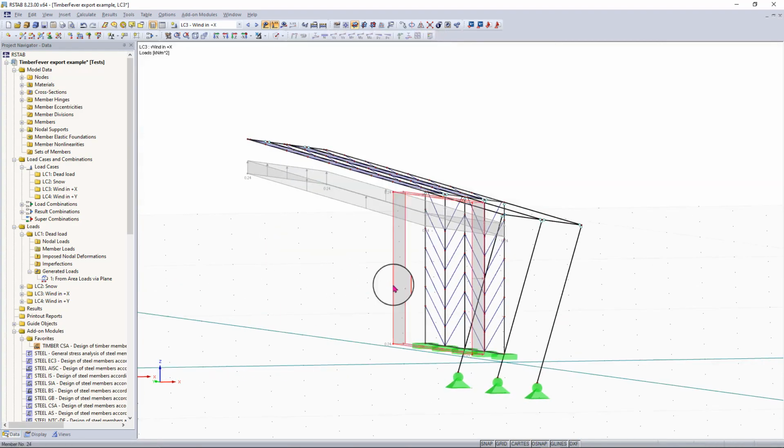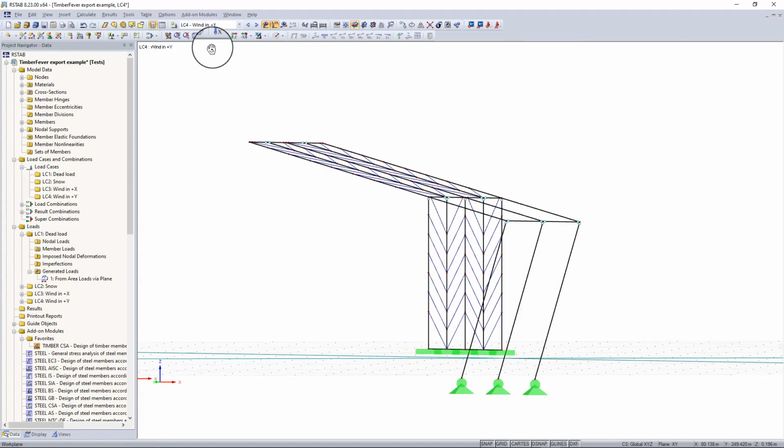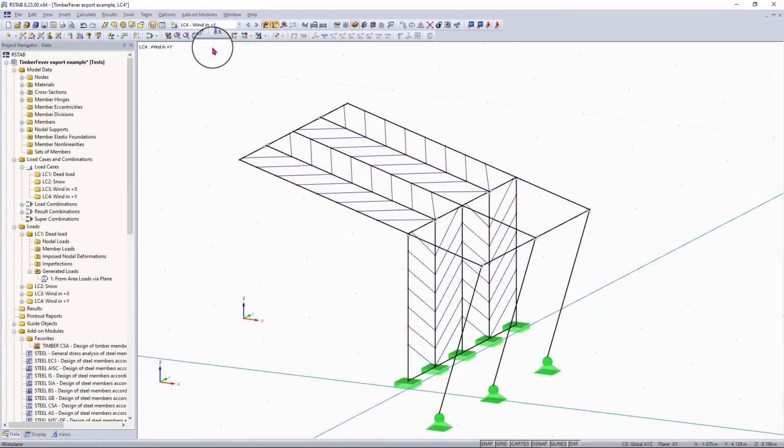So now we have both of our loading, our wind pressure in the positive X direction, onto our wall and onto our roof. And now the last loading we need to add is for our wind in the positive Y. And that will simply just be